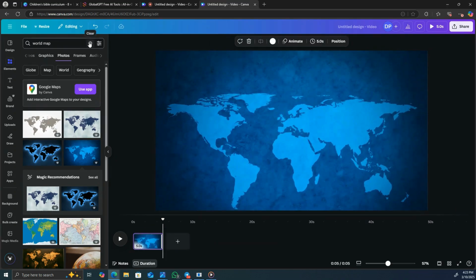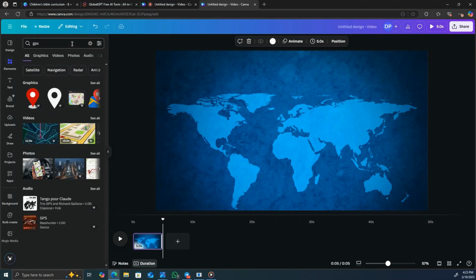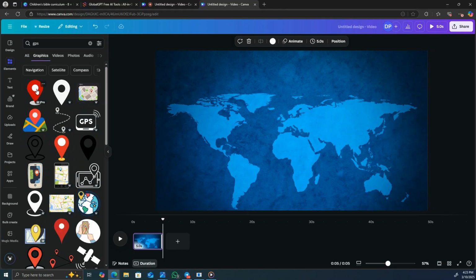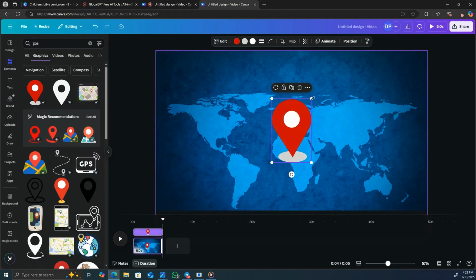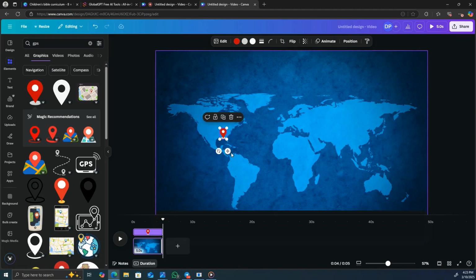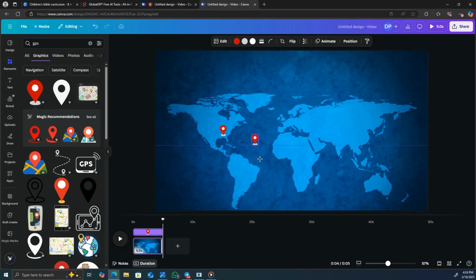Okay guys, next thing we want to do is go back to the left. We're still in elements. I'm going to type in GPS under graphics. Okay, I'm going to select this one here. I'm going to reduce the size of it. I'm going to drag it over here in the United States. I'm going to copy and click paste,